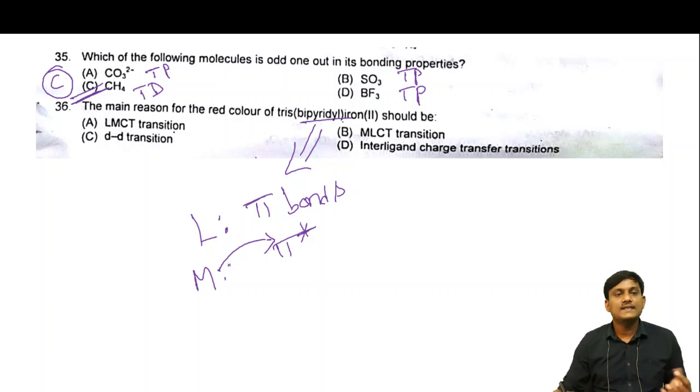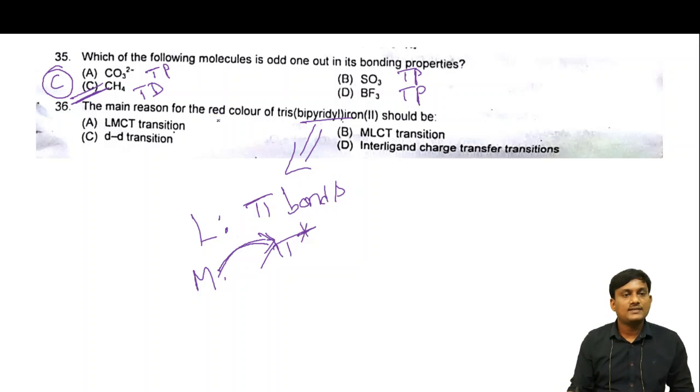So here there is a transfer of charge from metal to ligand. This takes place when the ligand has pi orbitals or pi bonds. Then only an MLCT transition takes place. So the red color of tris(bipyridyl)iron(II) is due to metal to ligand charge transfer